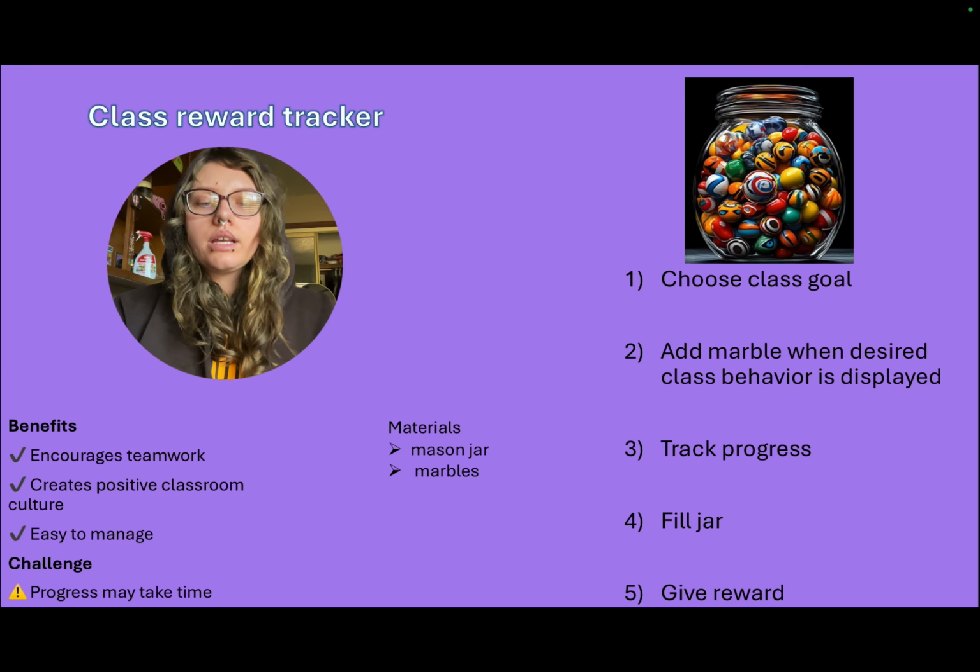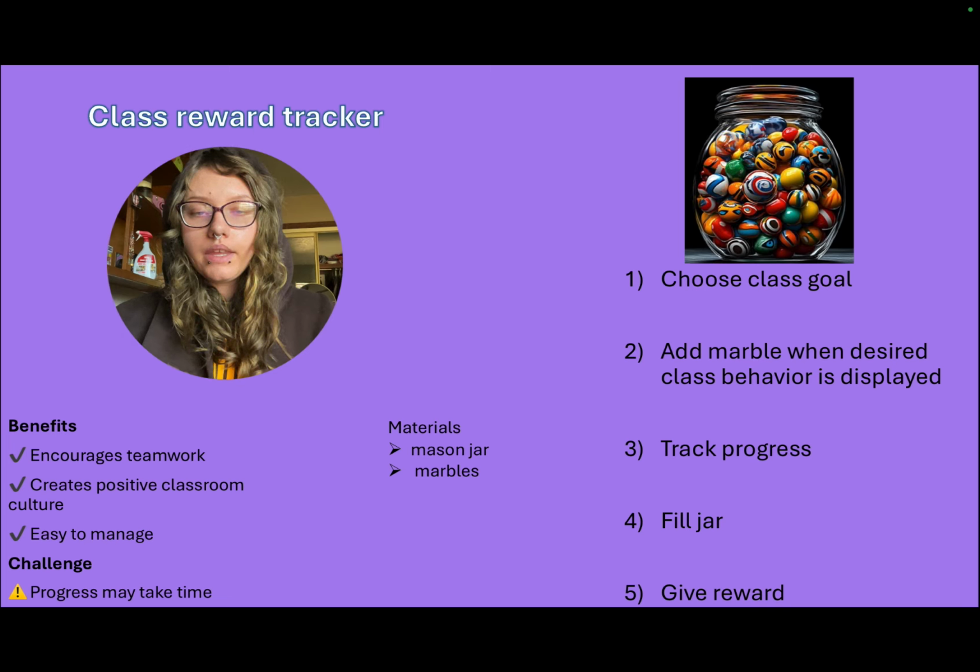If you chose a whole class reward tracker, this is also effective. For this system, you will need a reward tracker chart, markers, and a reward that the entire class can agree on and work towards. First, choose the reward that motivates the students. Next, create a visible tracker, such as setting up a jar, and then you can have a half point and then a full point, two different rewards, or you can just do one. And then